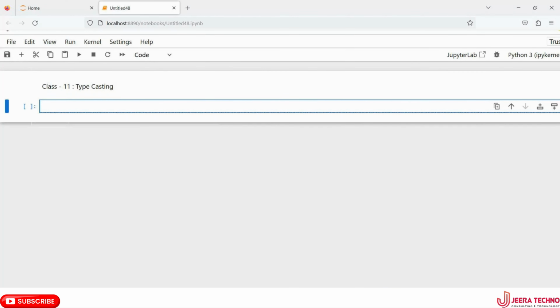So what do you mean by typecasting here? Casting means converting. When you cast from your mobile to the TV, you are using the same video from the mobile, and it is displaying the same content on the TV. It is the same process, but converting into another. That means, in technical terms,